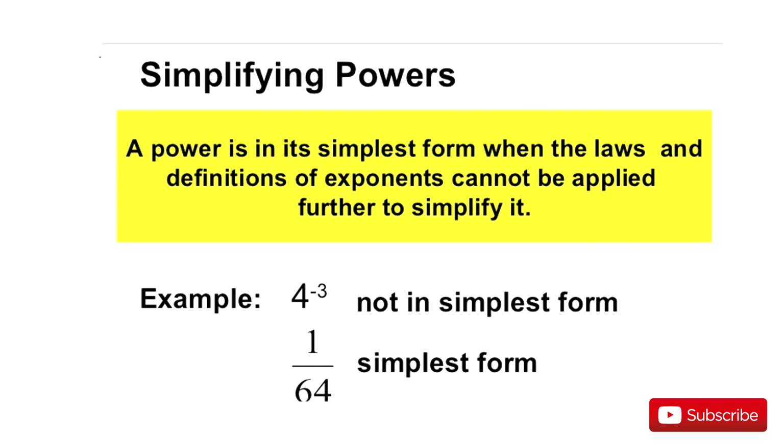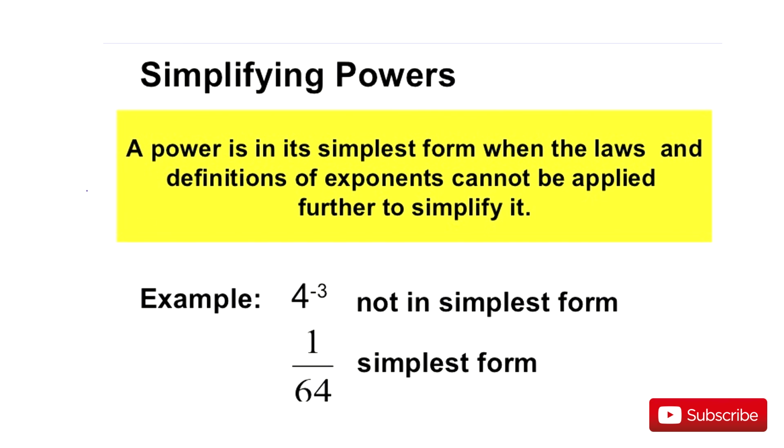Simplification करने का सबसे बेस्ट तरीका होता है, ढूंढो कि कौन सा ऐसा पॉइंट है जहाँ पे हम कोई भी लॉ नहीं यूज़ कर सकते, राइट, कोई भी हम उसको फर्दर ब्रेक नहीं कर सकते, कोई भी हमारी डेफिनेशन ऑफ एक्सपोनेंट्स जो अप्लाई नहीं हो सकती। एग्जाम्पल देखते हैं, 4 to the power -3 सो इज नॉट इन द सिंपलेस्ट